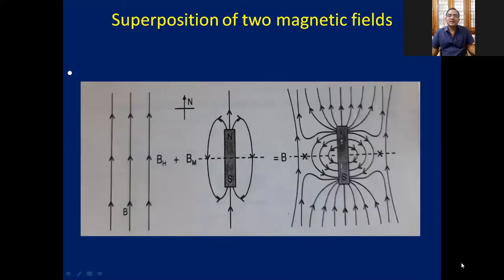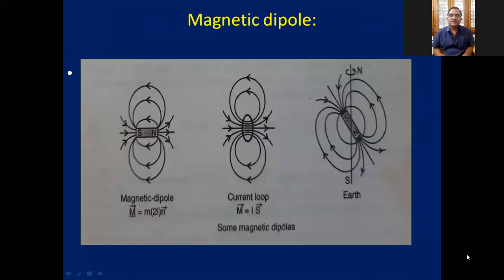This is when the south pole is pointing towards geographical south, or the north pole of the bar magnet is pointing geographical north. The resultant magnetic lines of force will be oriented as shown in the figure. There we are getting two neutral points on the equatorial line. So here also, the magnetic induction due to the bar magnet will be equal to the horizontal component of Earth's magnetic field. You should remember that at the neutral point, no line of force is observed. Okay, so this is about magnetic dipole.